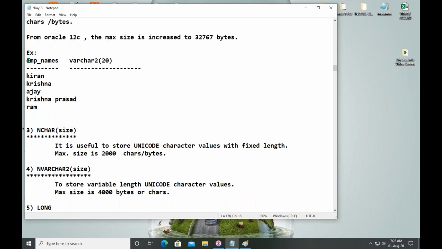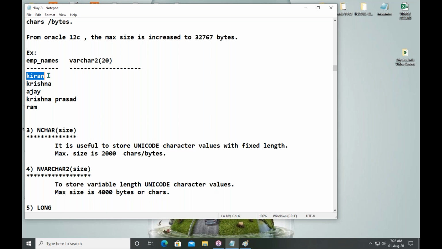For example, an employee names column, varchar2 of 20. So here, different values with a different length. If I write this, what is the benefit internally?